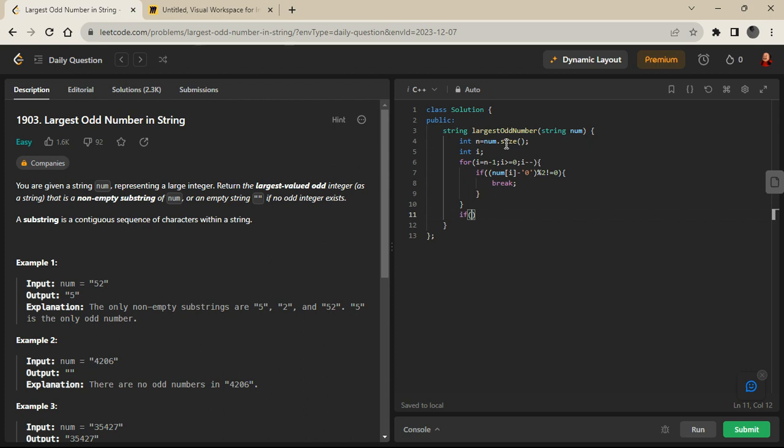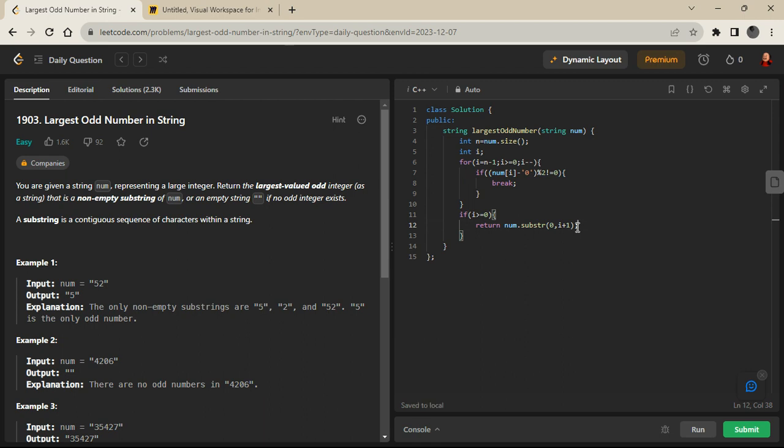If i is greater than or equal to 0, there is an odd character present, because I declared it above. So we simply return num.substr, which is a string method that returns a slice of the string. The first parameter is the position and the second parameter is the length.